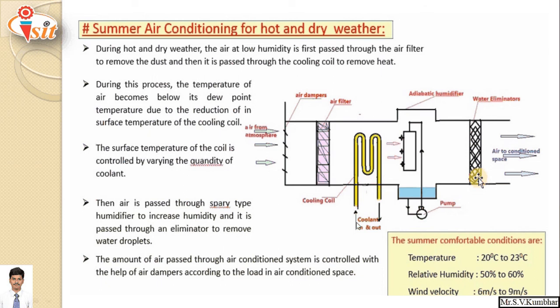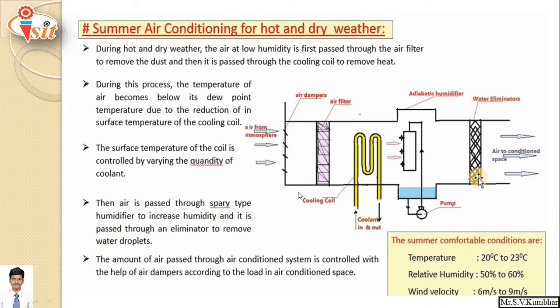Generally, we use a vapor compression refrigeration system here. The low pressure, low temperature liquid refrigerant leaving the throttle valve or expansion valve is passed through the cooling coil. Here, this low pressure, low temperature liquid refrigerant absorbs heat energy from the air when it passes over the cooling coil, and thus the temperature of the air becomes low, and this refrigerant is converted into low pressure vapor.